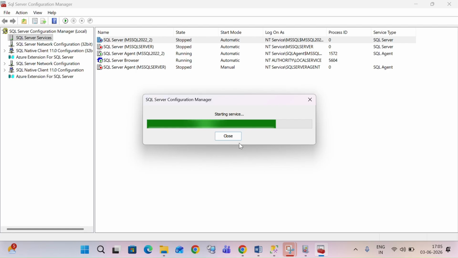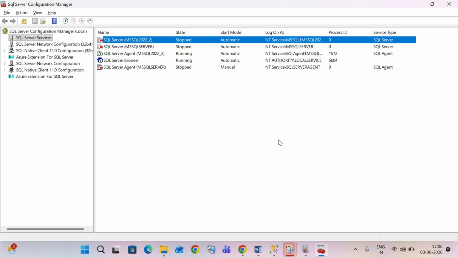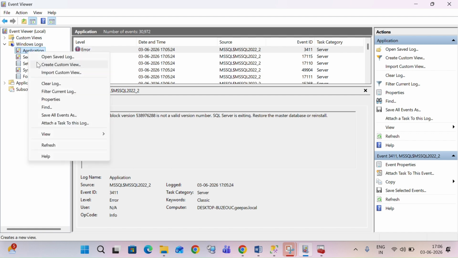Okay, so you have to keep it in mind that if TempDB goes down, then SQL services won't come online. Also, it is applicable for model and master. If MSDB goes down, these SQL services can come up. Okay, so now if you refresh here, right click refresh on this application log,